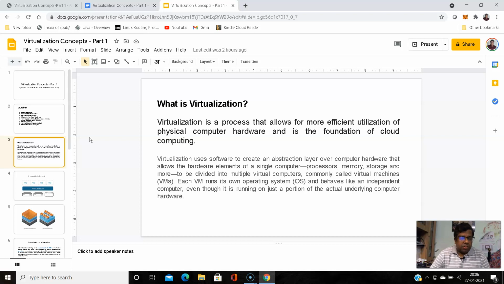So what virtualization does is it shares these components with another operating system that runs over the virtualization software. So what is that virtualization software or application? That we will cover later on. Now let's proceed further.